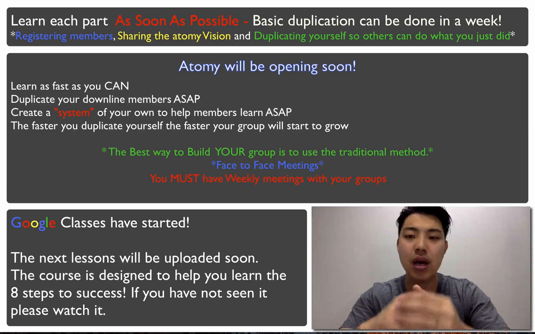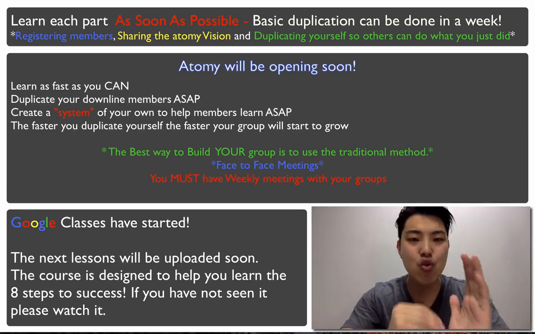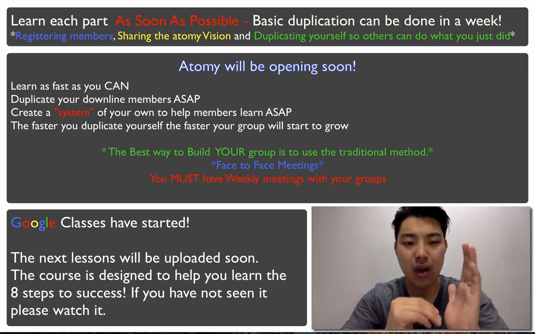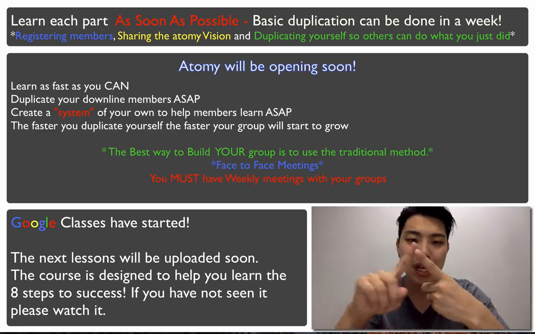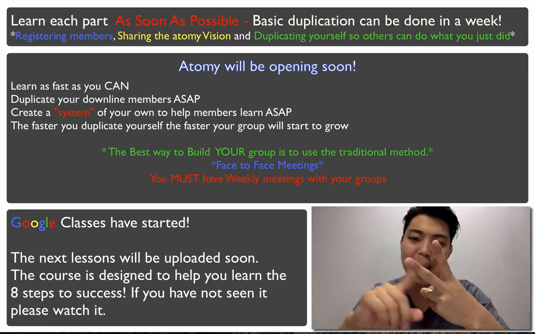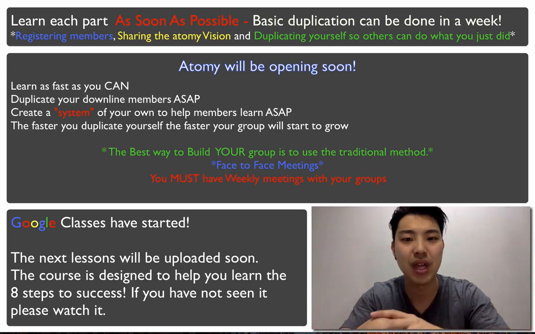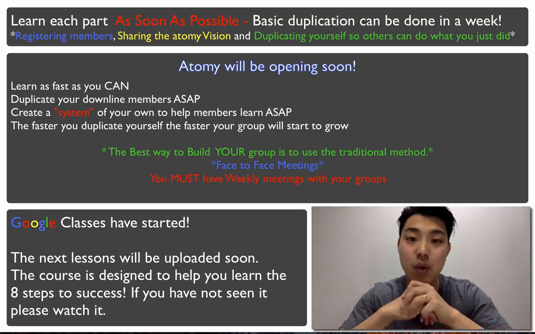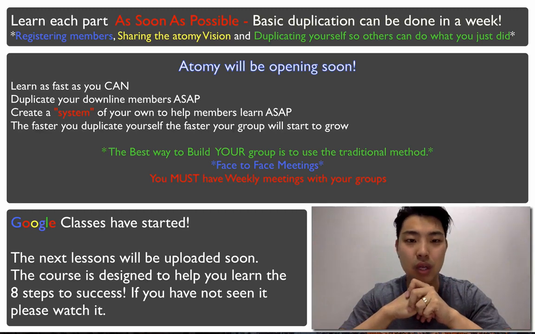So please make daily plans and try to figure out who you're going to duplicate, how you're going to do it, and how quickly you're going to do it. And this can all be done within 2 days. 1 day to learn, second day to teach. Okay, very simple. And then the process will duplicate. Very easy. Okay, so if you have any questions, let me know. I hope everybody's encouraged, and let's start working soon.